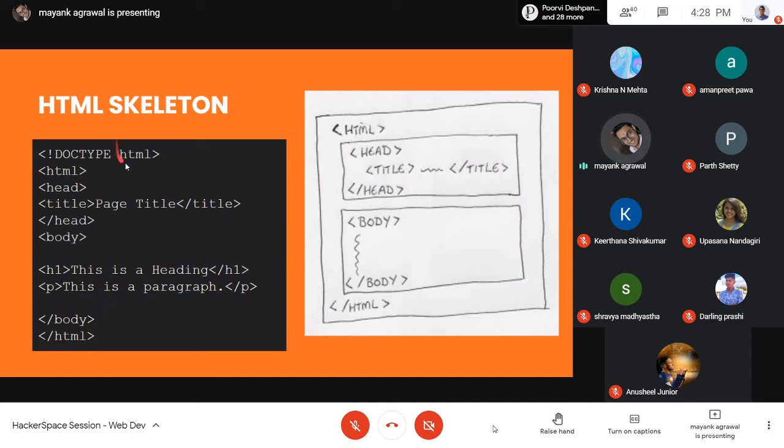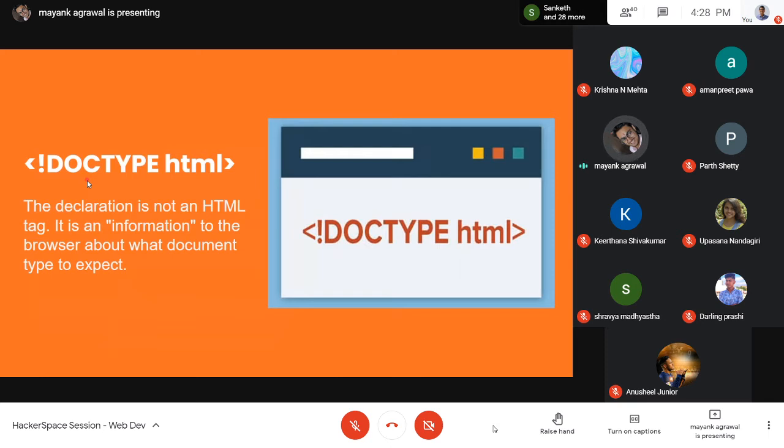So what does this doctype html mean? Because this isn't mentioned over here, and as I said earlier, everything that comes outside the HTML tags is not a part of an HTML file, we come to this doctype. This doctype is also known as the document type declaration. It basically declares to your web browser what kind of file to expect from the web server, what kind of file you have in your hand and how you have to render it to the screen.